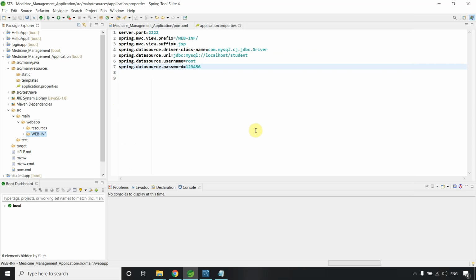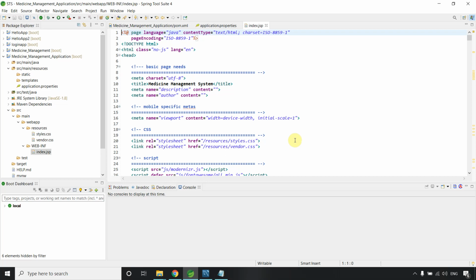I'm not focusing a lot on design because I want to tell you about Spring Boot, not HTML and CSS. I have made two changes here. Just go inside the file, and I have pasted these two files in the resources folder.